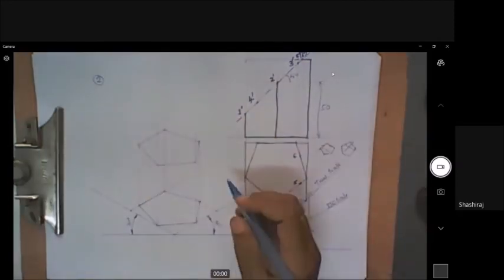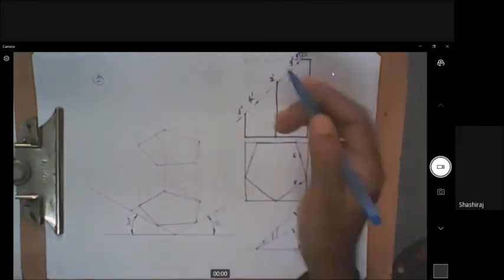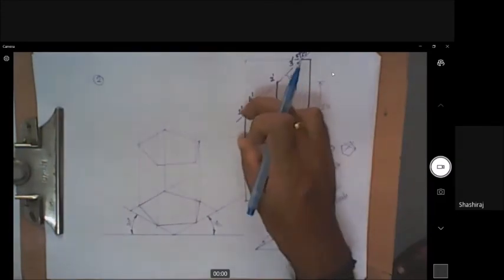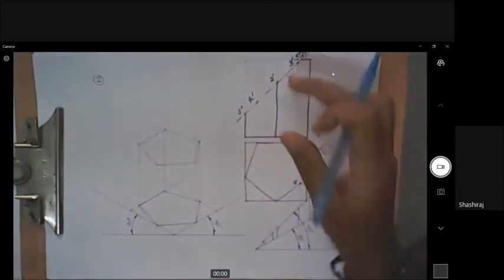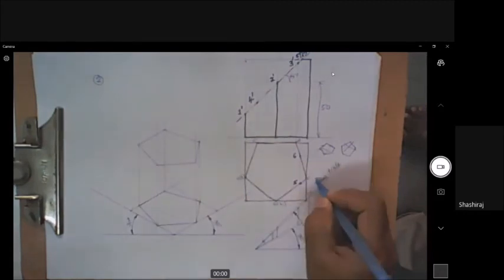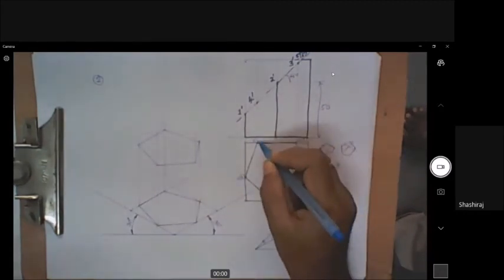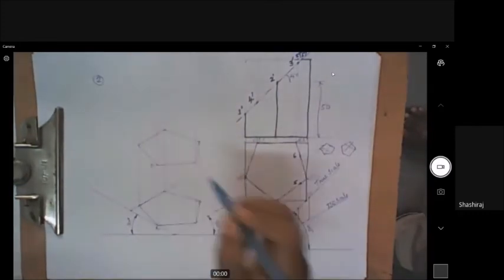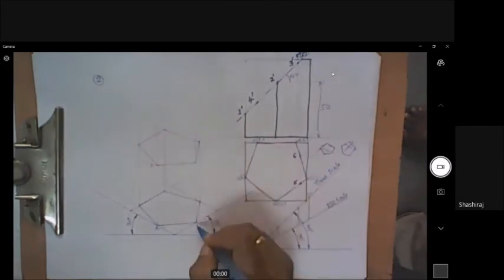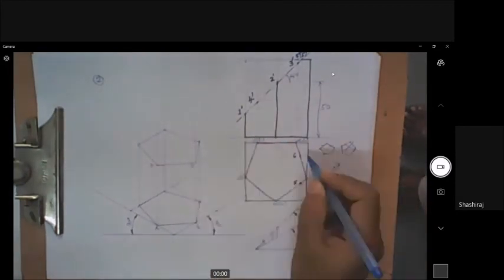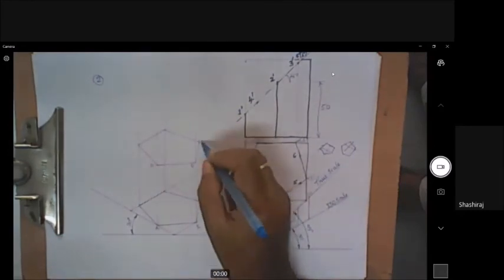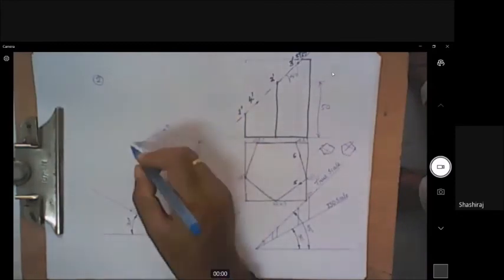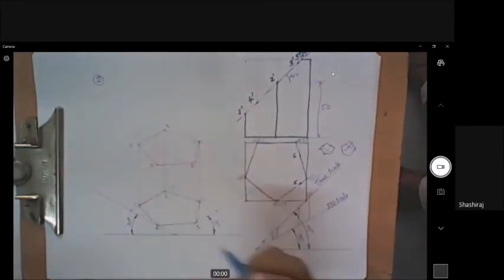This is not the isometric projection what we wanted. Solid is cut here, and only for the truncated portion we need to draw the isometric. So in order to do that, we have to transfer these distances of these section points now. A of A1, B of B1, C of C1, D of D1, and E of E1. See, A1 is here. This is A1. This is A. And B1 is here. This is B1. And this is B. Similarly, C1, C, D1, D, and E1, E. So these are the edges.